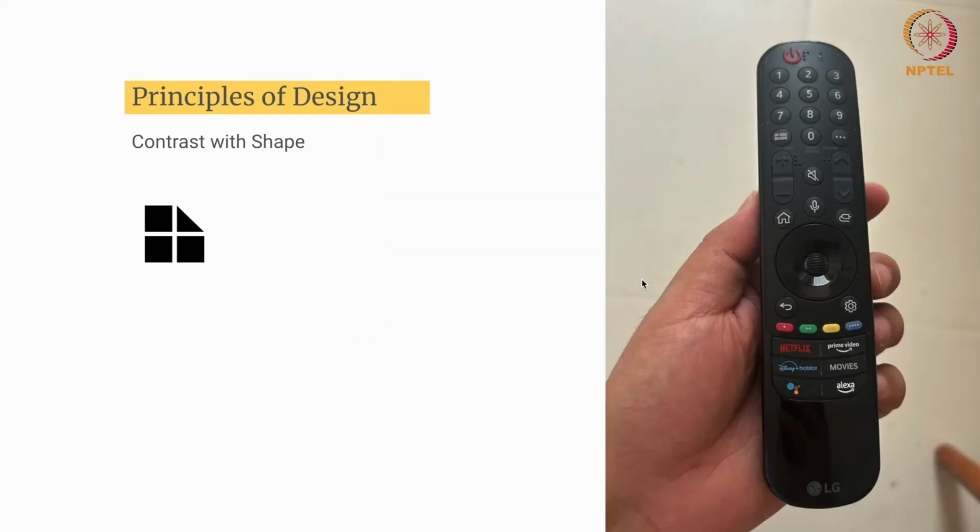Yes, so I think this is a very interesting example where I'm pretty sure all of you have used a remote in terms of accessing your television, right? And here you can easily see how buttons are designed in such a way that it creates contrast in the overall representation, and that contrast actually guides you or helps you to understand that each button with different shapes has a different functionality.